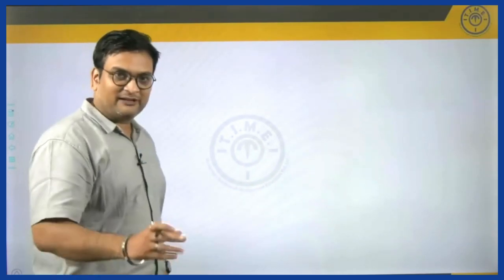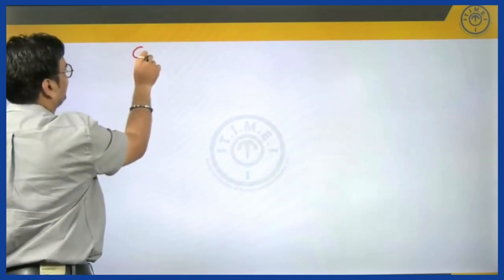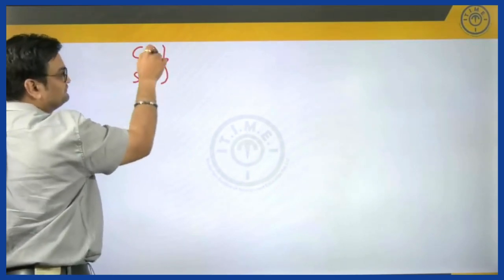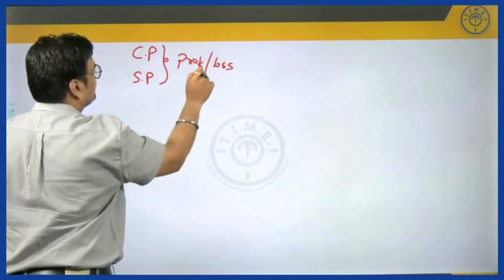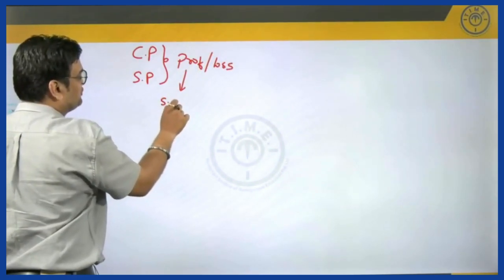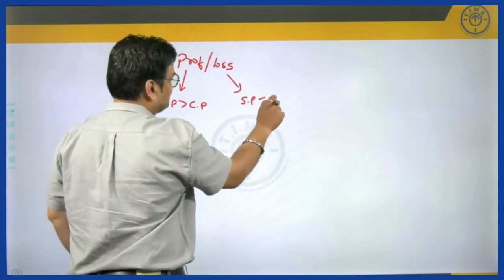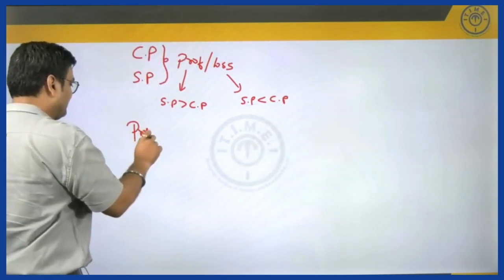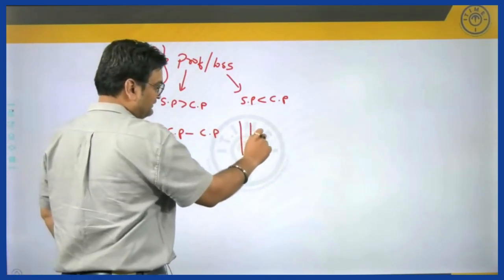Let us get started with the video. So in today's video, we shall be looking at profit and loss particularly. For example, we understand what cost price is, I'll not go there. We understand what selling price is. Now the difference of these two is considered to be either profit or loss. Profit happens whenever selling price is more than cost price, and loss is incurred whenever selling price is less than cost price. So thus we can write profit as SP minus CP, whereas loss is